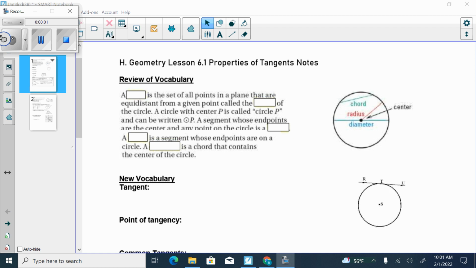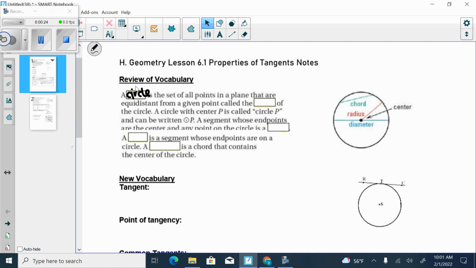We are going to be talking about the properties of tangent lines today. So there's a fill in the blank in a couple of these spots in this first little paragraph. It says a blank is the set of all points on a plane that are equidistant from a given point called the blank. So this is a circle